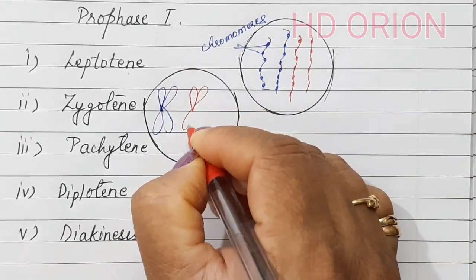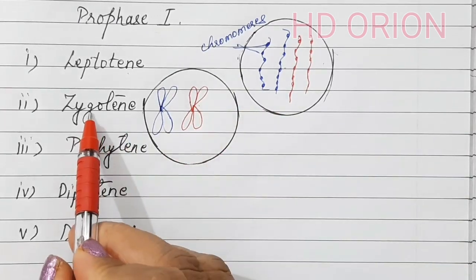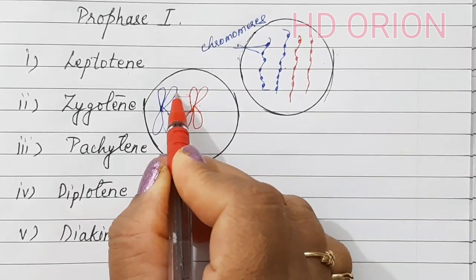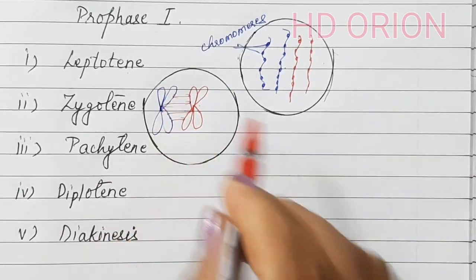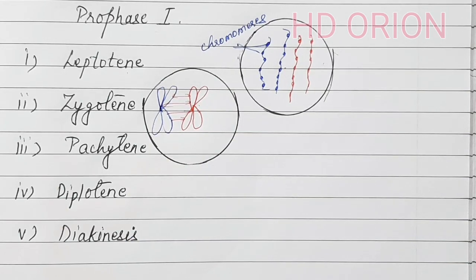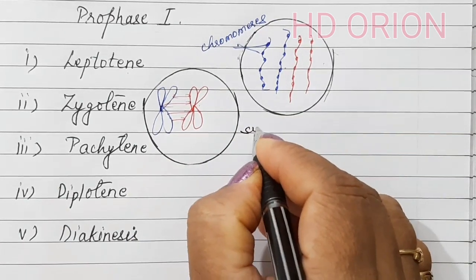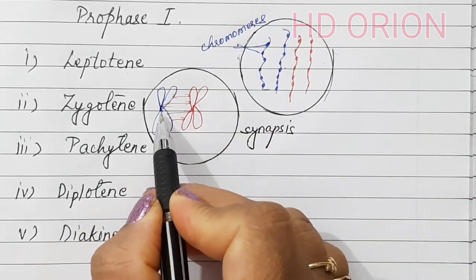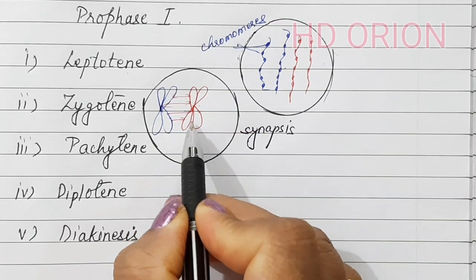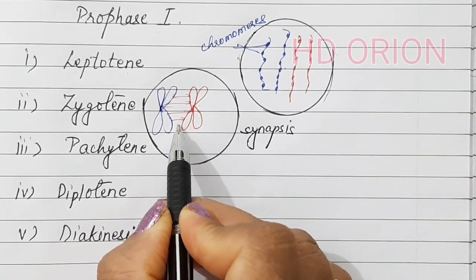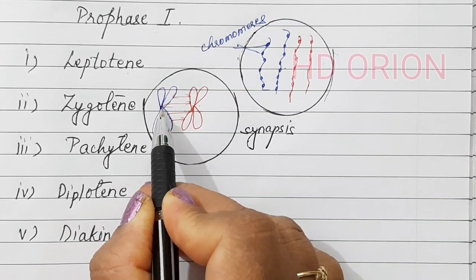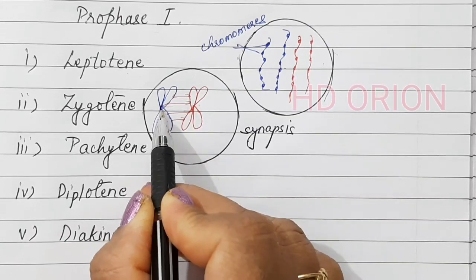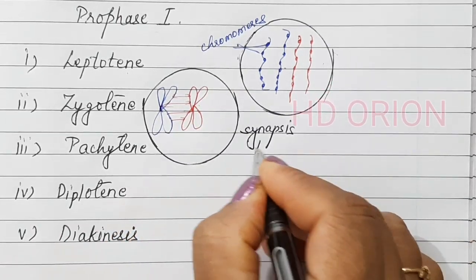Paternal and maternal chromosome, and by the end of zygotene there is a sort of attraction between the homologous chromosomes. This pairing of chromosomes is known as synapsis. There are chemicals, the DNA and the histone proteins are all chemicals, and they have a sort of attraction, and the two homologous chromosomes come so near to each other that it appears to be having 4 sister chromatids in one centromere. Such a condition is known as tetrad.